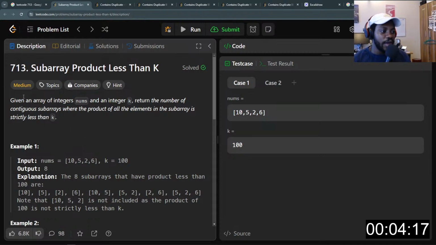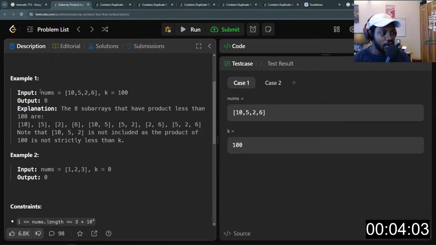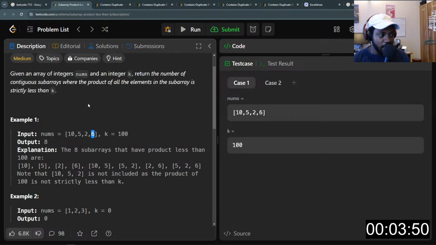Here we are given an array of integers nums and an integer k. Return the number of contiguous subarrays where the product of all elements in the subarray is less than k. So we have our input here, which is nums, an array of integers: 10, 5, 2, and 6.